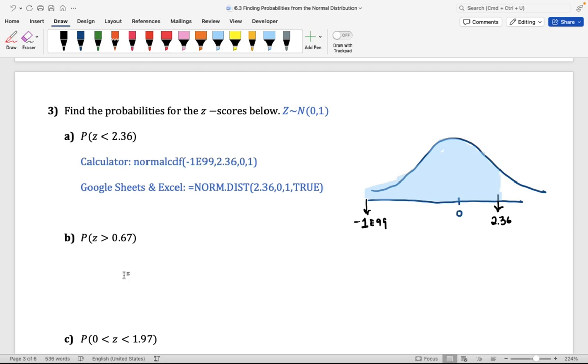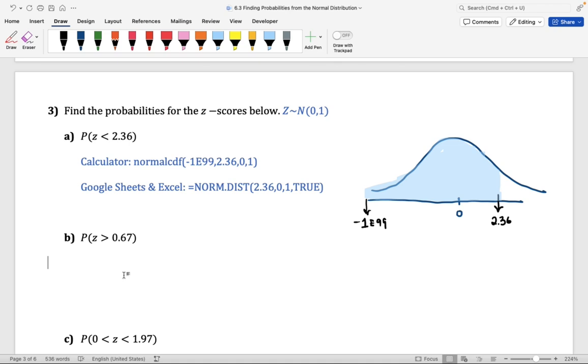Here, I'm not concerned about getting a value for the probability. Here, I want to show you that we're simply using the normal distribution with mean equal to 0 and the standard deviation equal to 1. And I also want to talk about the functions that we use on the calculator. So I'm not going to bother to enter this on a calculator. You could go ahead and do that from your end. The focus here is to talk about the functions we use.